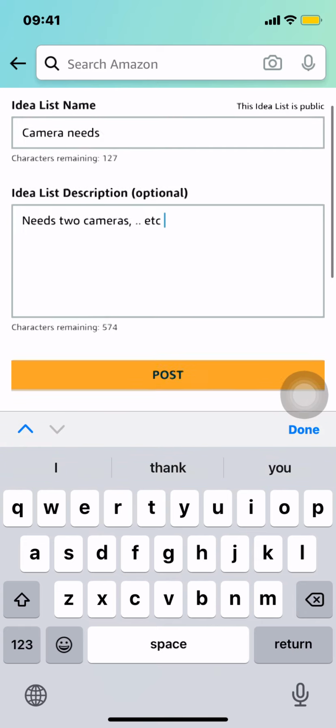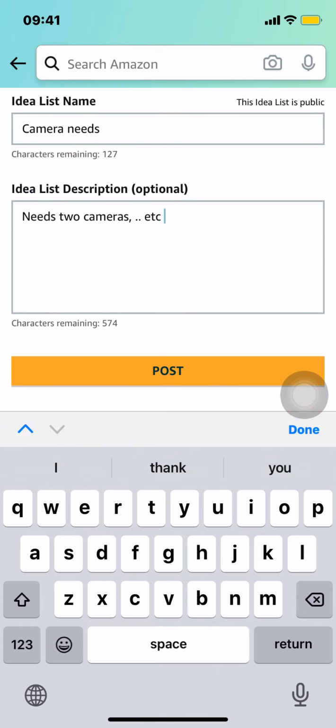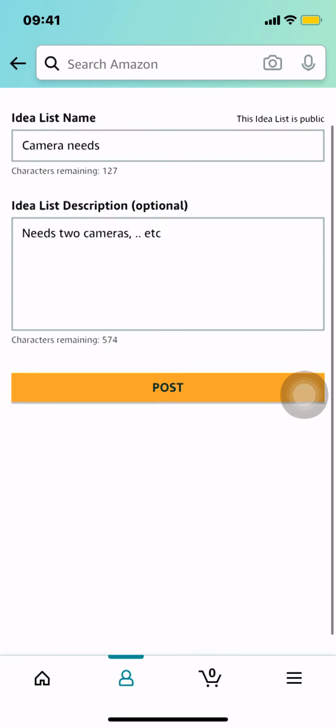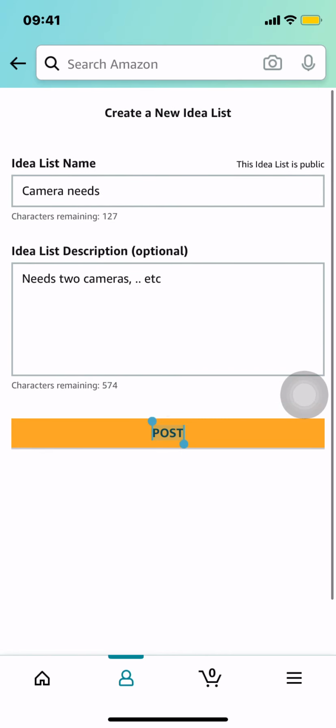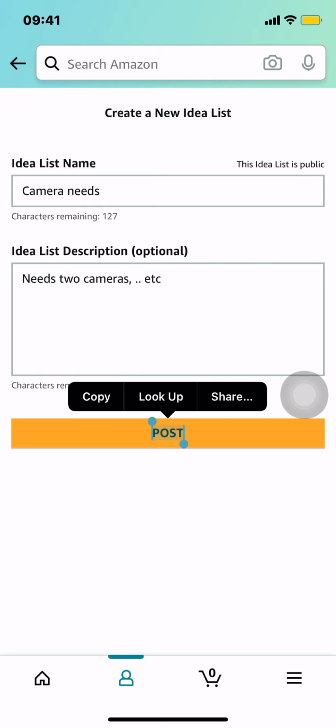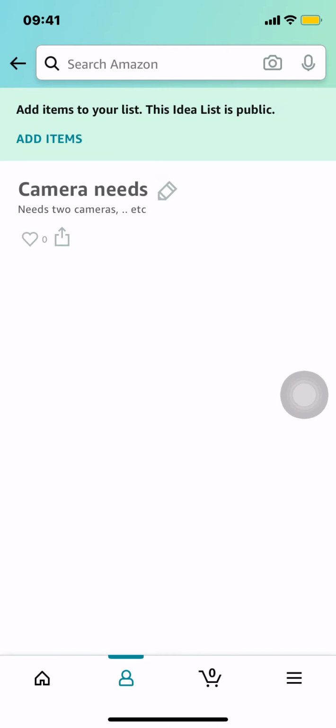Once you create your list, just make sure that you tap here where it says post. Once you create a list, just tap on post, right there. Camera needs, two cameras. And that's how you